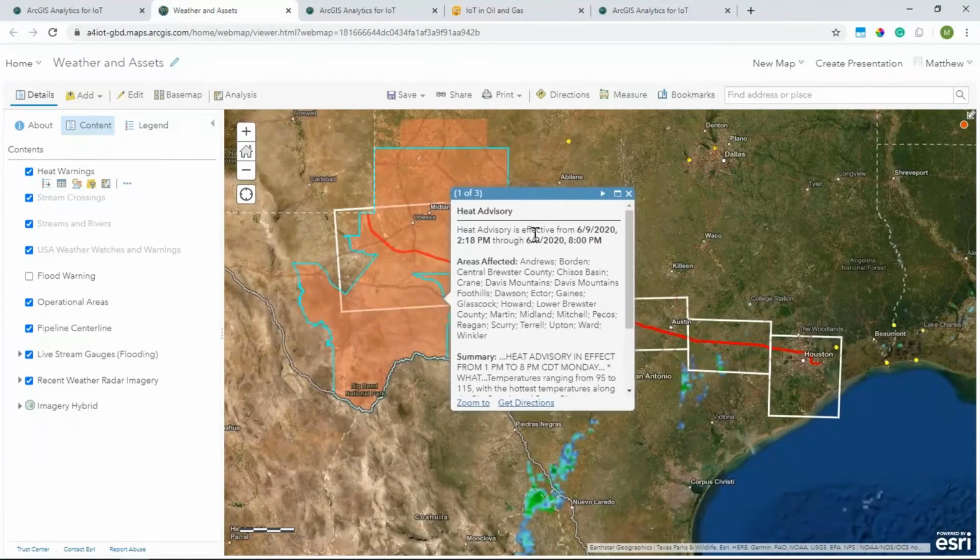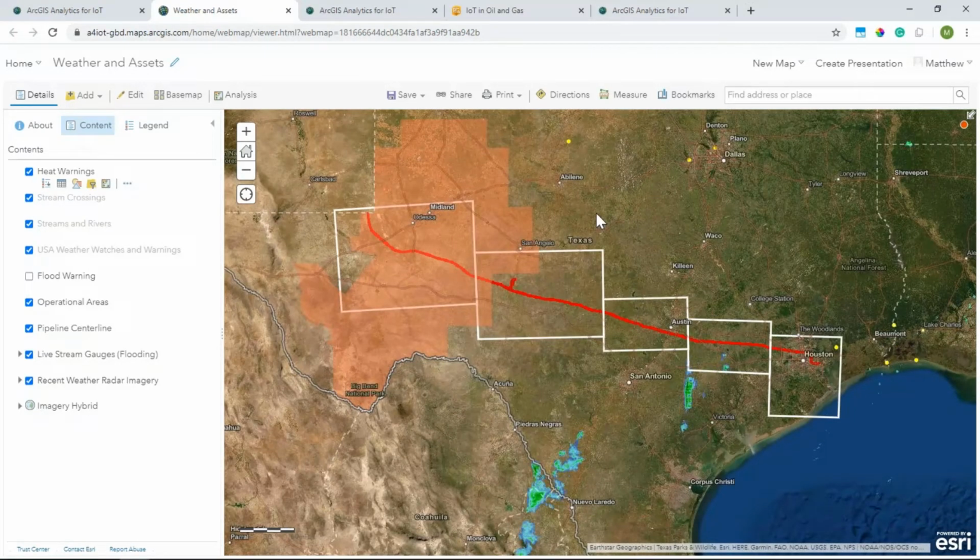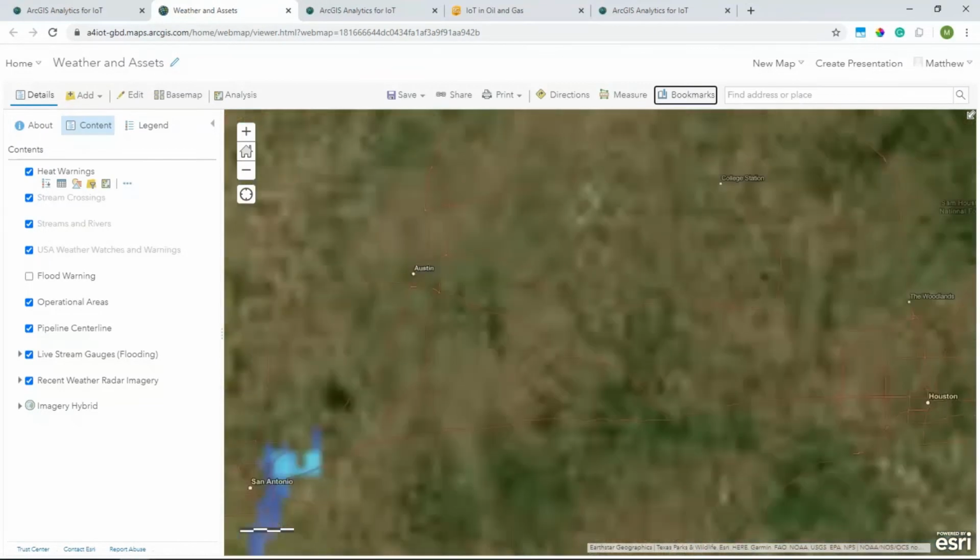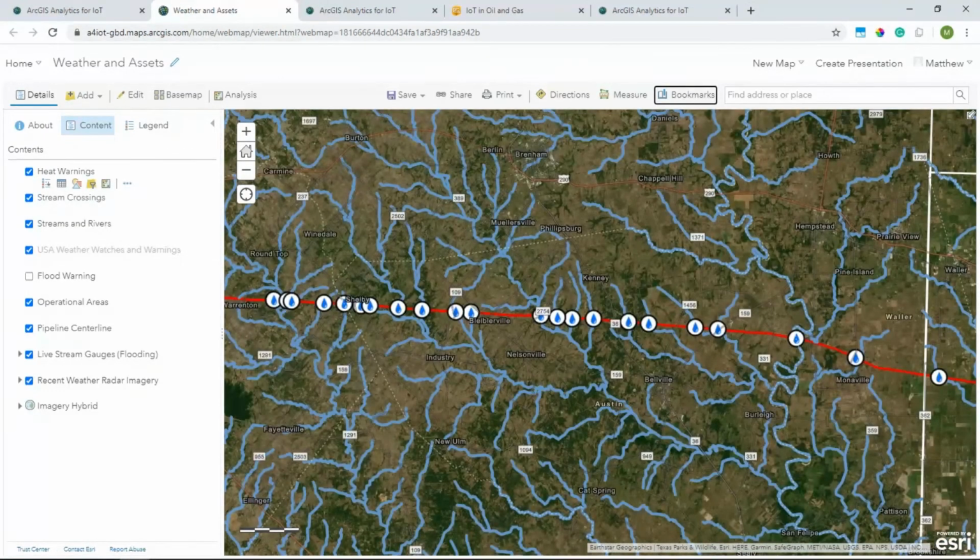I can zoom into the map and quickly see these heat advisories out in West Texas. Or a forecasted winter storm might be resulting in a demand spike for natural gas. How do you anticipate and prepare for this demand as a pipeline operator? And again, for those of you operating pipelines, flooding events might be increasing the risk of channel erosion along your pipelines. Here, as I zoom in, I've marked on my map with these blue and white dots every location where you have a stream or river crossing with our pipelines. We can use weather data to understand the risk of channel erosion and mitigate it by inspecting those stream and river crossings as events occur. So let's go back to Analytics for IoT and see how we can run this type of an analysis.